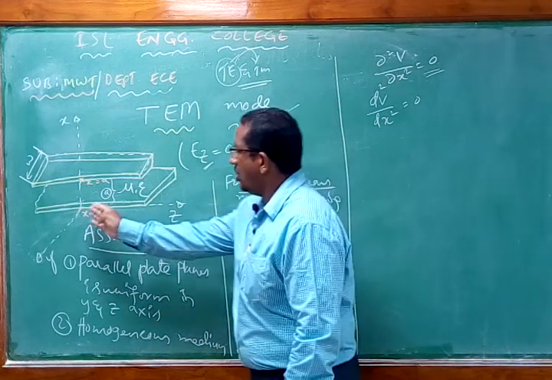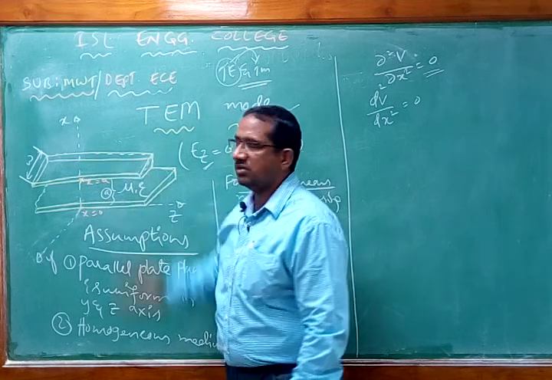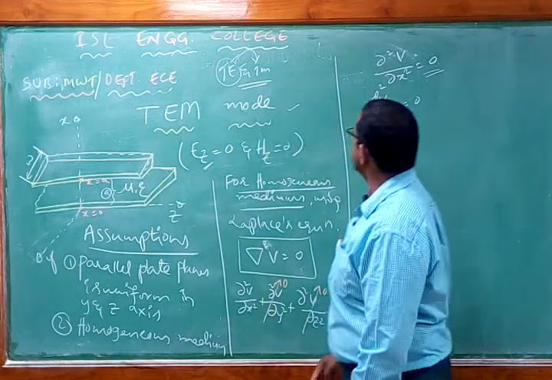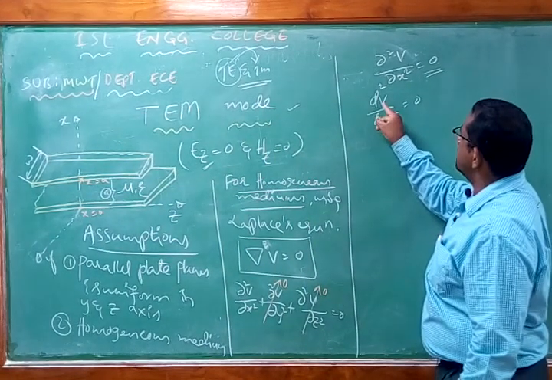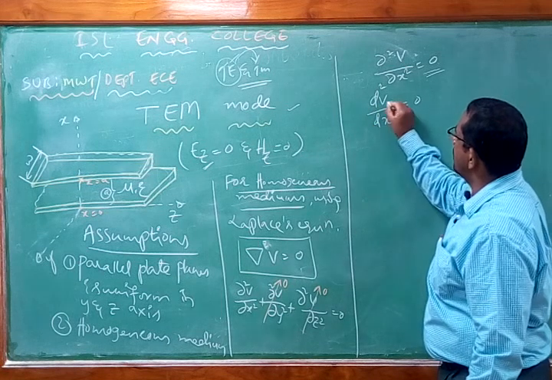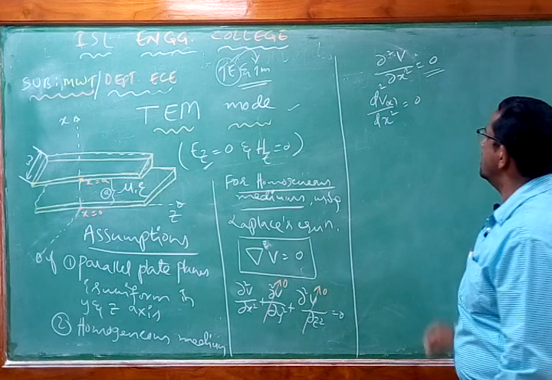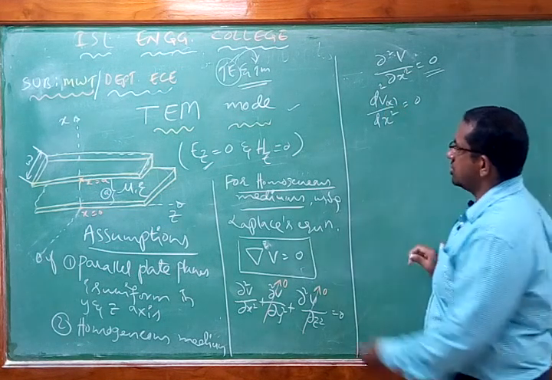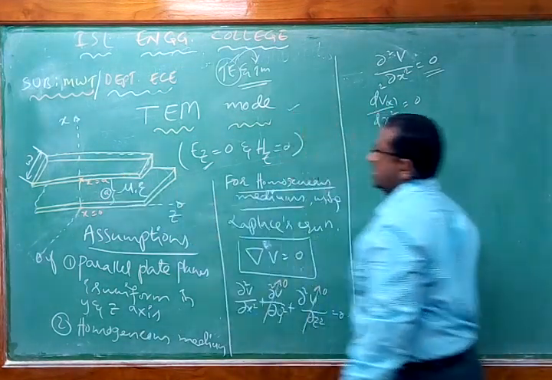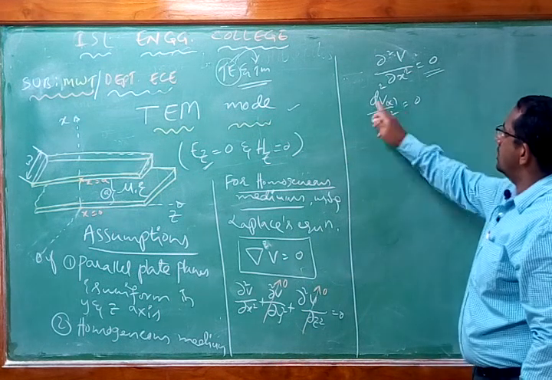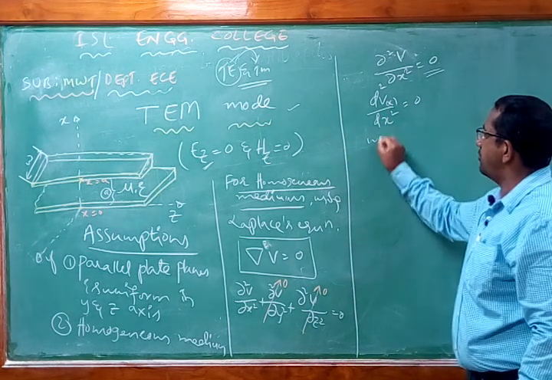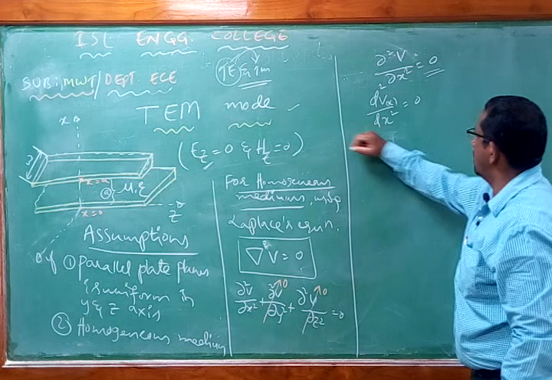That means along the x direction we are normally going to have the field. So therefore, in this equation, dV is normally going to be Vx for us. We can write this as Vx here. So we normally have a potential between the two plates. To solve this, now, solving this equation means what? We find or we solve the above equation.